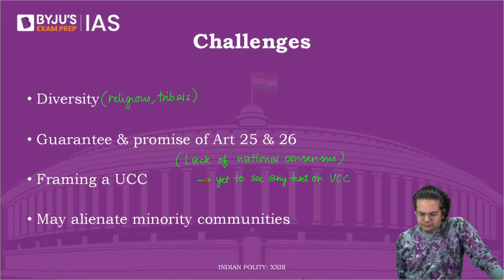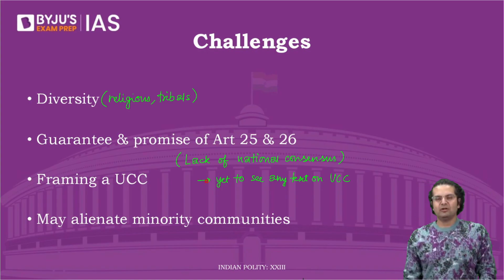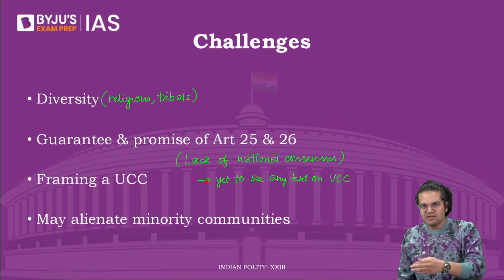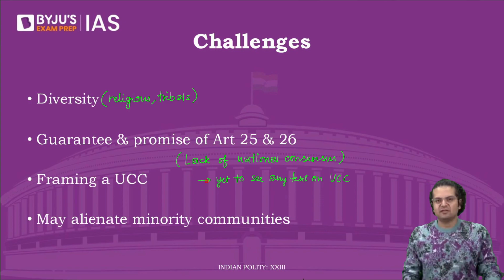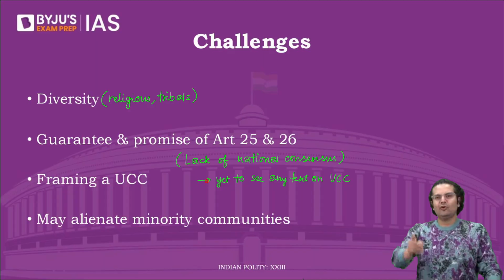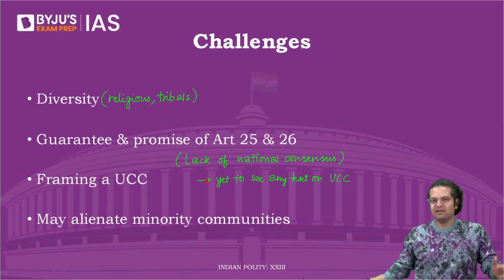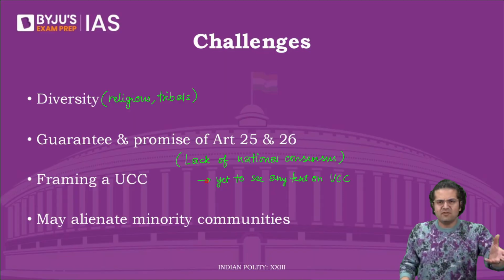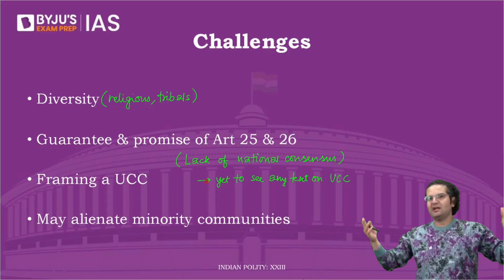So, let's say that government makes a UCC. The government says Uniform Civil Code is out. It is now implemented on everybody. Now, if the UCC has provisions which are more similar to the Hindu provisions, what will the minority say? Look at this. After all, Hindu Rashtra. This is what is happening. If you make provisions which are close to, say, the Muslim or Christian provisions, then all the Hindus will say, look at this. Minority appeasement. This is what the country is all about.